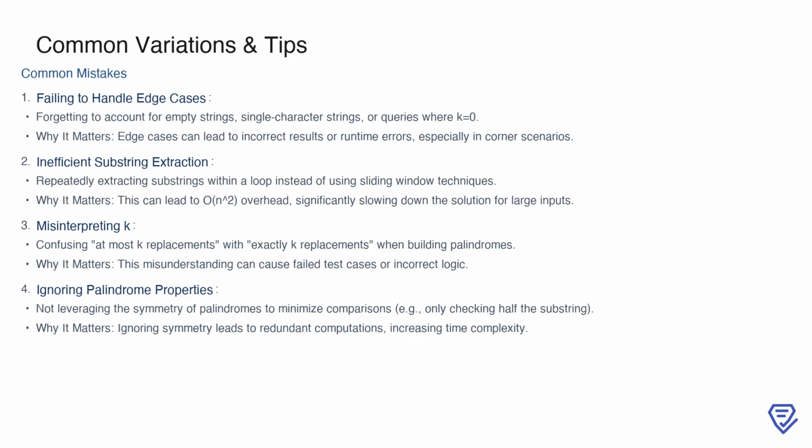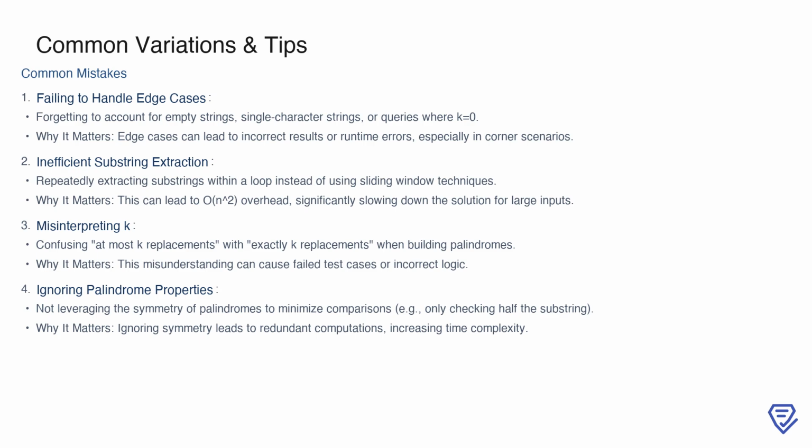A third mistake involves misinterpreting what "at most k replacements" means. Some confuse it with exactly k replacements, which leads to flawed logic and failed test cases. Lastly, ignoring the inherent symmetry of palindromes can cause redundant computations. Remember, palindrome symmetry means you only need to check half the substring, which can significantly reduce unnecessary comparisons and